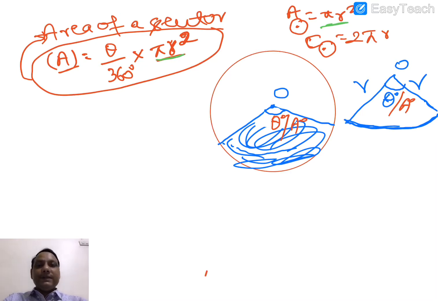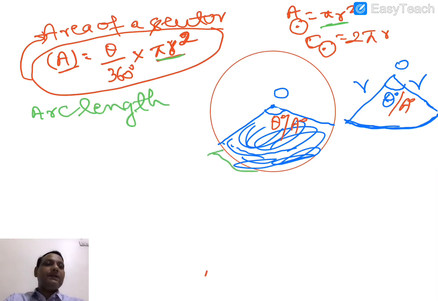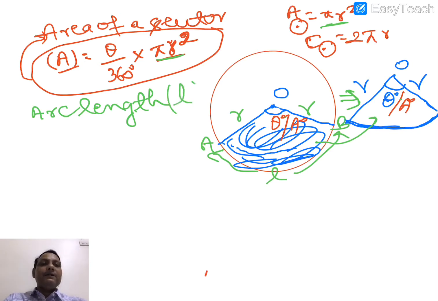When I say arc length, what is that? I told you arc length is generally here, from here to here. This is your A, this is your B, this is the center, and this is the radius. As I mentioned to you all, this is the cut portion, meaning this portion I cut and put here. So arc length, symbol L, is equal to, once again, theta in degree over 360 degree times